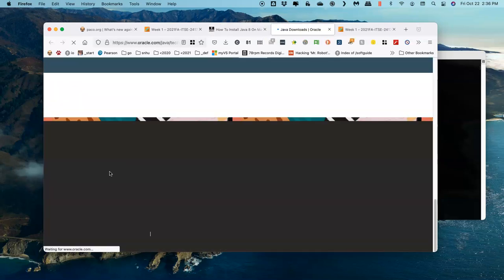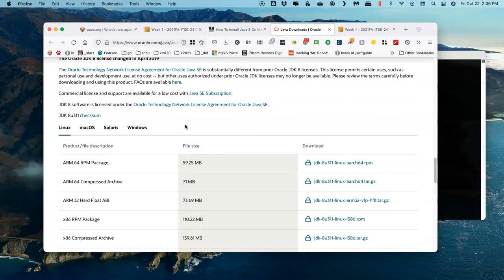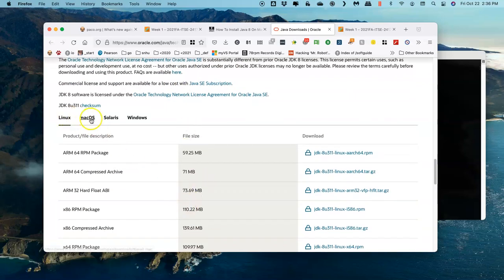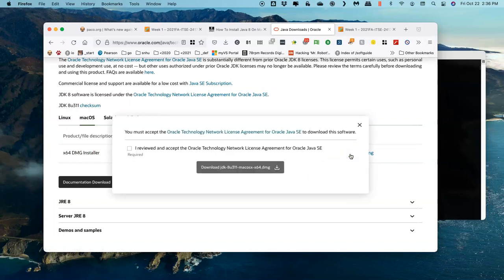I'll click on the download link, and it takes me to Oracle, and it tells me I can get the Java SE Development Kit. So that's the Standard Edition. I'm going to scroll down a little bit, and I am on a Macintosh, so I will click on macOS. I get one option, which is actually kind of nice, so I don't have to dig through a whole bunch of things. I'm just going to download the disk image and accept the